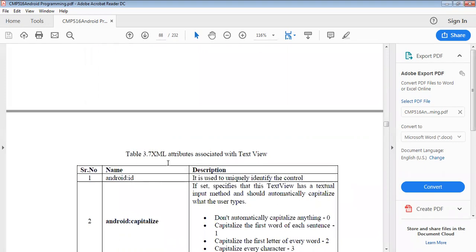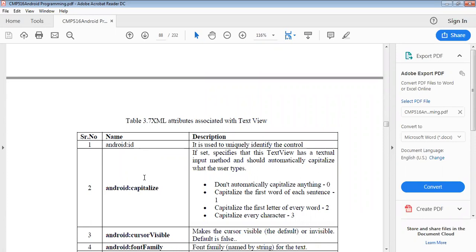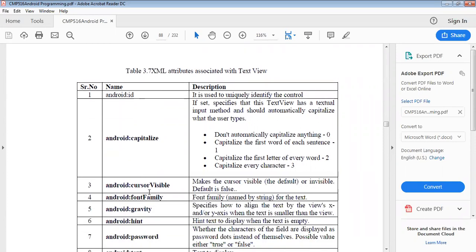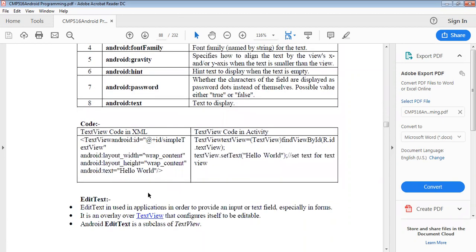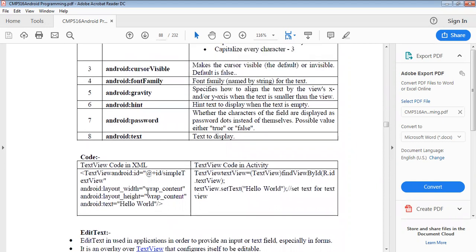There are some XML attributes associated with text view, like ID, capitalize, cursor visible, font family, gravity, hint, password and text also. The password attribute is mainly used to display a password in dots or star formats. Gravity means the alignment of the text view on the x-axis or y-axis when the text is smaller than the view.